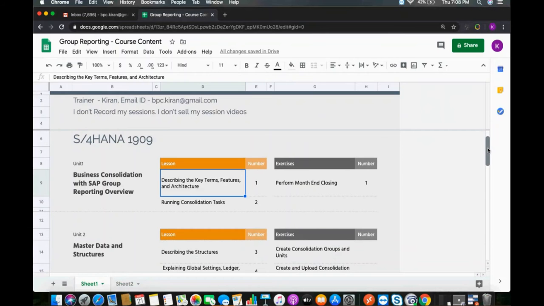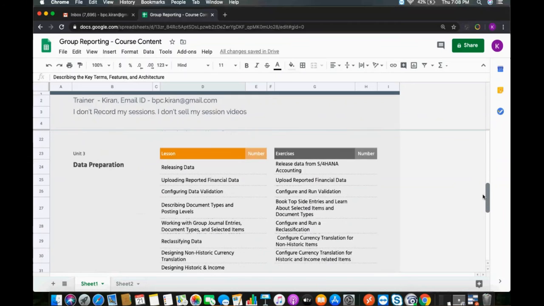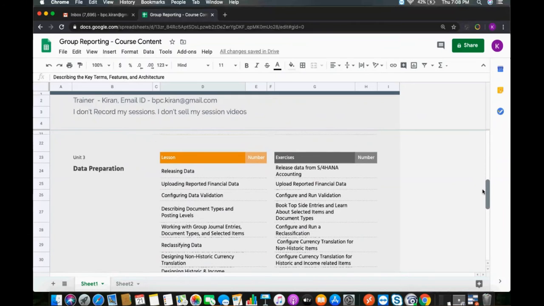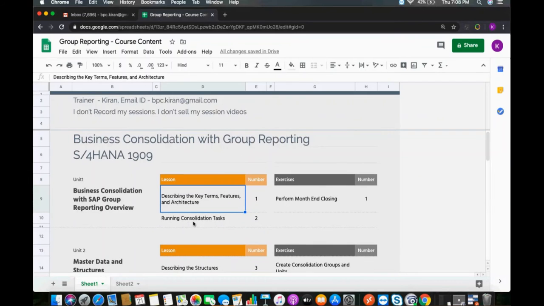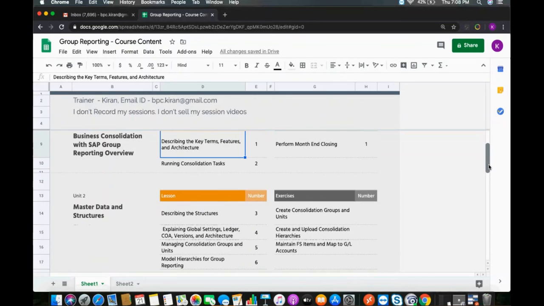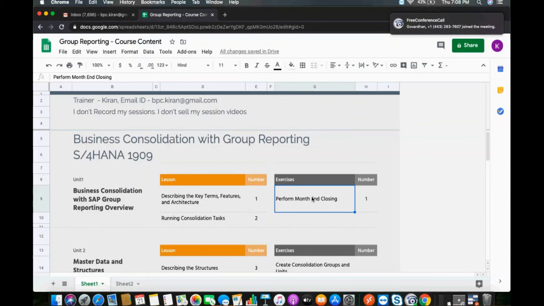Yeah, if you don't mind, can we go quickly in 5 minutes? I have gone through the syllabus, but I'm really interested. I don't want to miss out anything here. Yes, correct. Whatever we did on the paper yesterday, for this document we went through, right? I'm going to explain in the system itself. We are going to run entire group consolidation today as a demo. Okay. What the end user does. So everything will be covered in that.